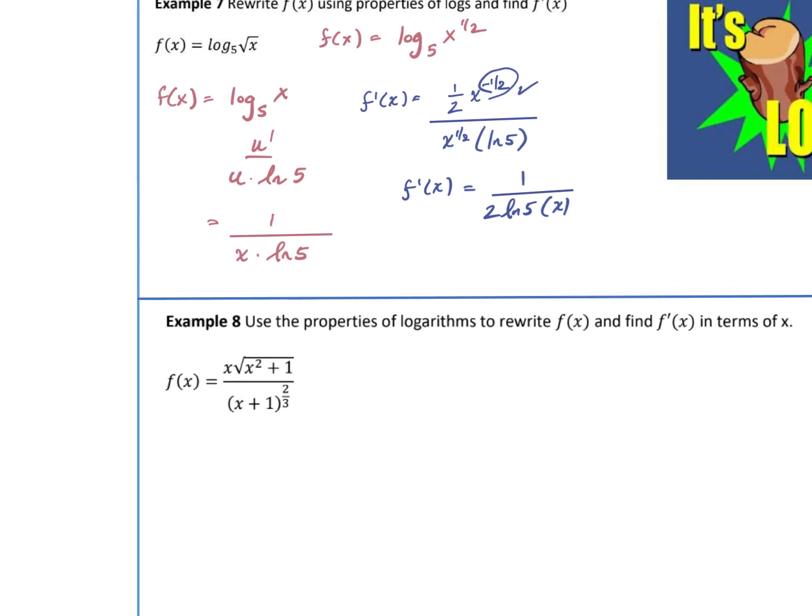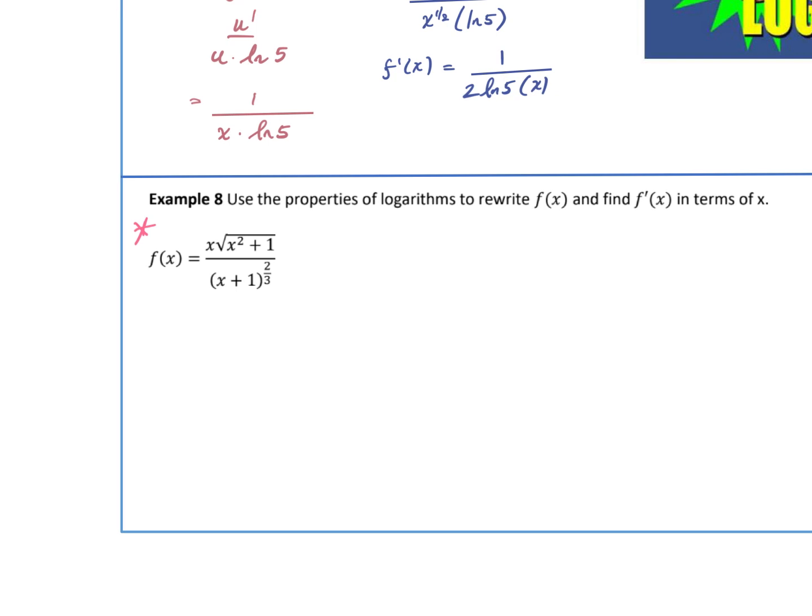All right, so this is really what I was talking about. For something like this, you absolutely do not want to attempt this with quotient, product, and power rule. Okay, too complicated. So this is saying use the property of logs. I'm going to rewrite this as this. So y equals x times the square root of x squared plus 1, and then all over